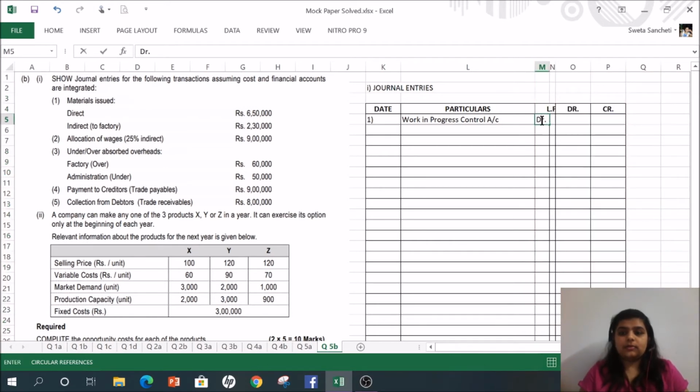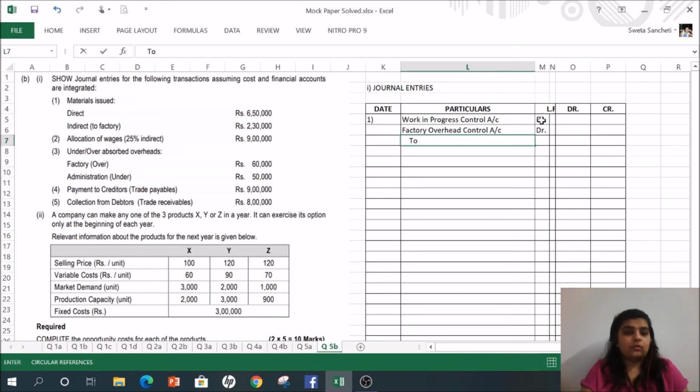Yes. Debited. Now, work in progress, and the next is indirect to factory. So that will go to our factory overhead control account. Again, debit